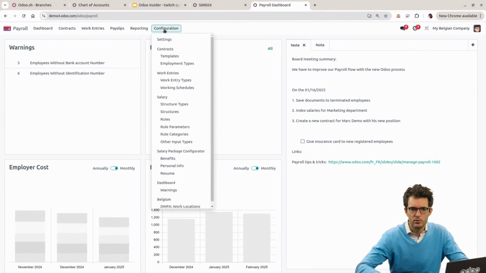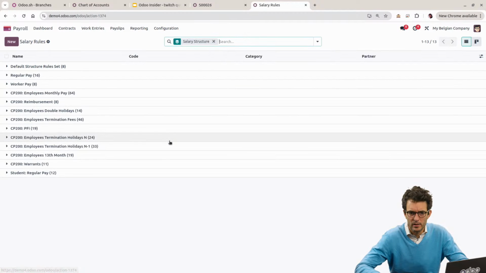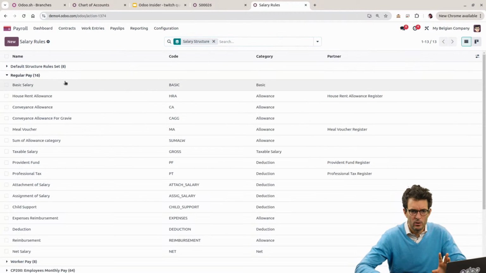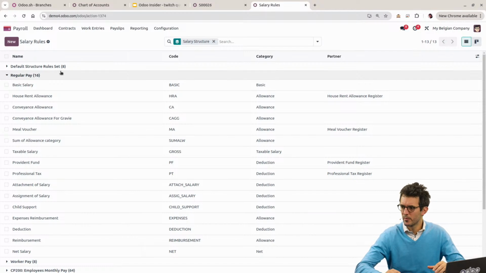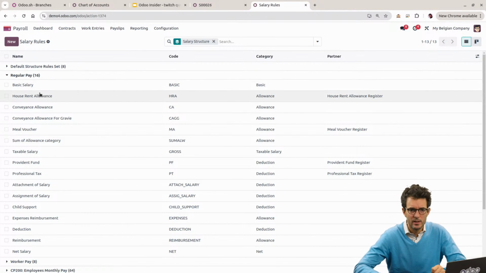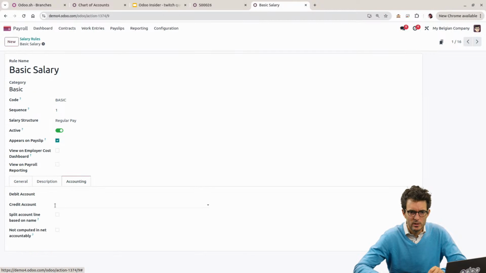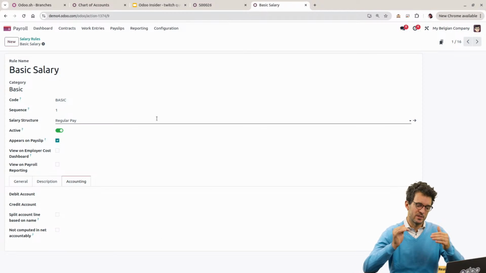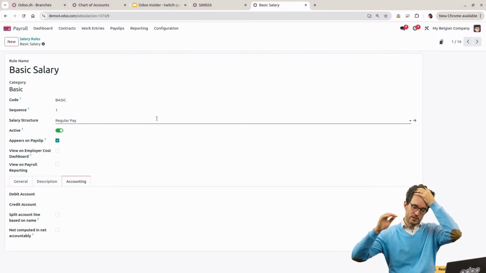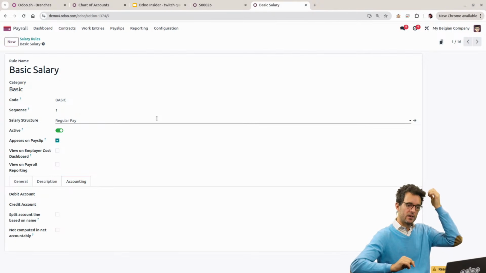Let's go there and try to see, because remember, I'm not an expert in payroll, even though I like the idea that we dive into the payroll applications with Odoo. You have accounting and then you have debit and credit accounts. But as I was saying, this is rule-based, and several people may have the same rules applied depending on the salary structure that they have. So it would mean that